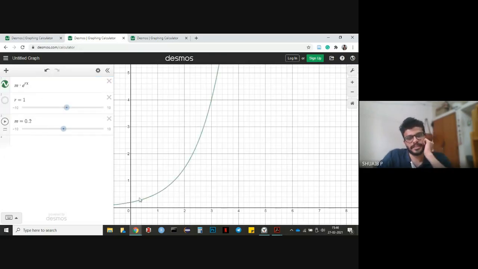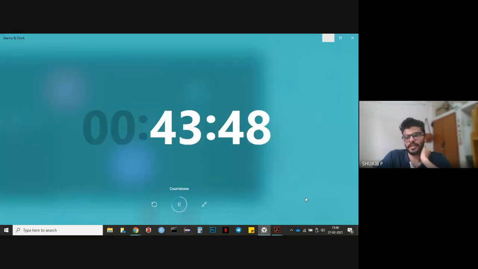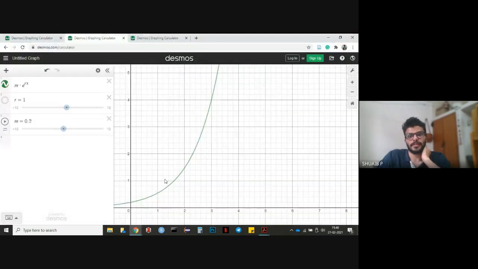So in biological systems, an exponentially growing population would be rare, or it would only be suggested for some bacterial cultures which have unlimited resources. For other systems, it will be a logistically growing system which tends to some carrying capacity, and it grows to a maximum, to a limited size. The logistically growing population you will be learning in the coming classes.